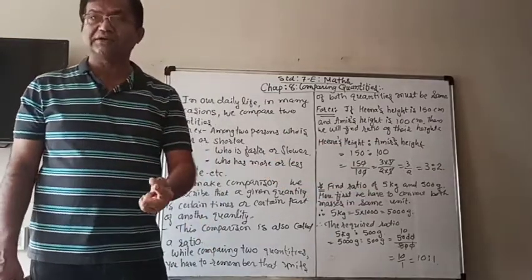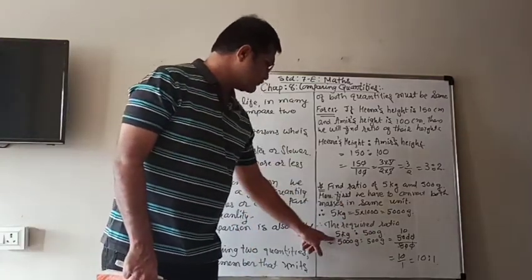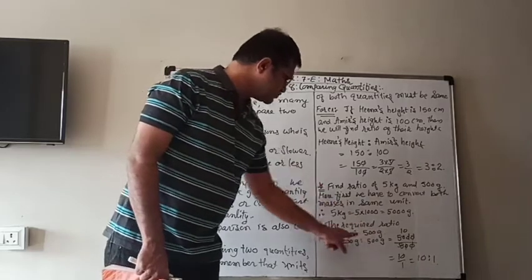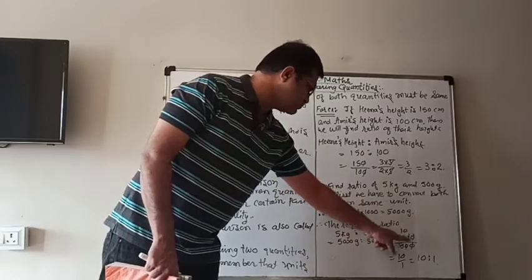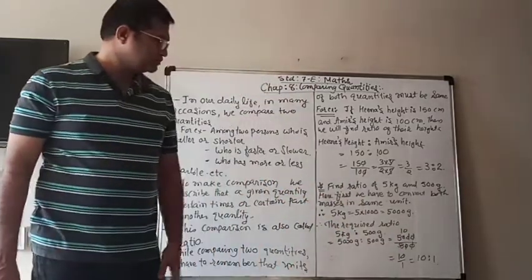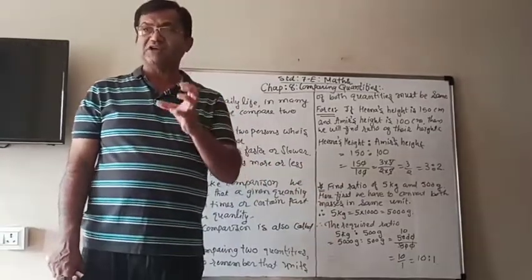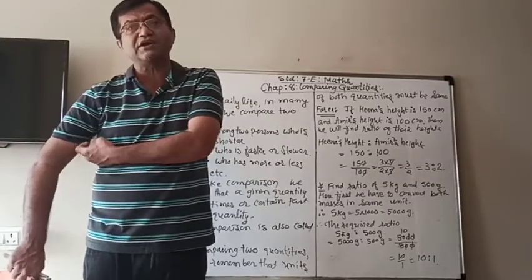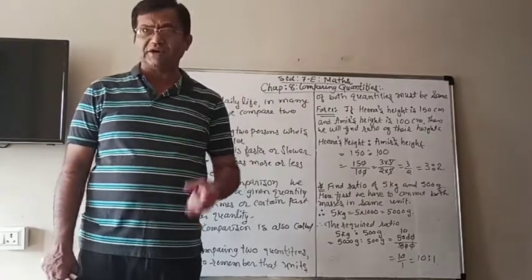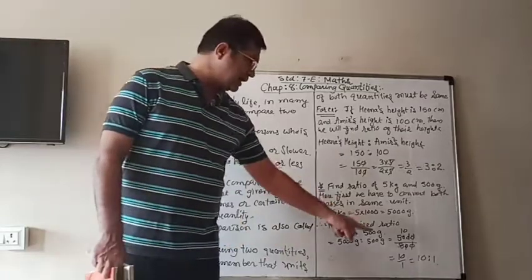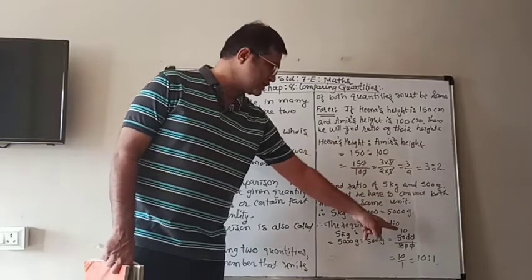We have already converted, so now we can compare them. The required ratio, 5 kilogram is to 500 gram, now with kilogram converted, becomes 5000 is to 500. That is 5000 divided by 500, which gives 10. The denominator is nothing, so we write 1, because when we write a ratio, it must be in the form of numerator and denominator, and if there is no number in the denominator, we write 1. So 10 upon 1. Therefore, the required ratio of 5 kilogram and 500 gram is 10 is to 1.